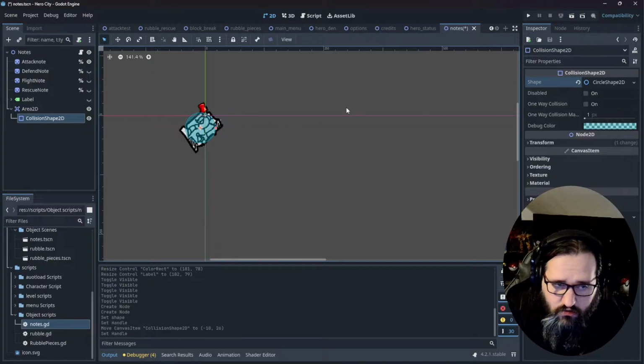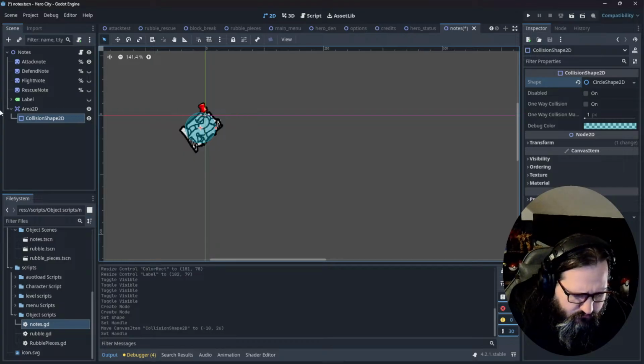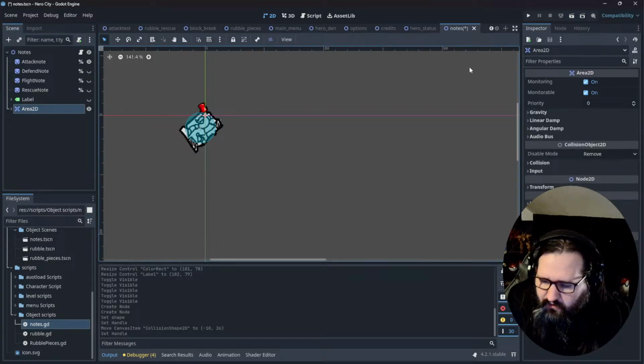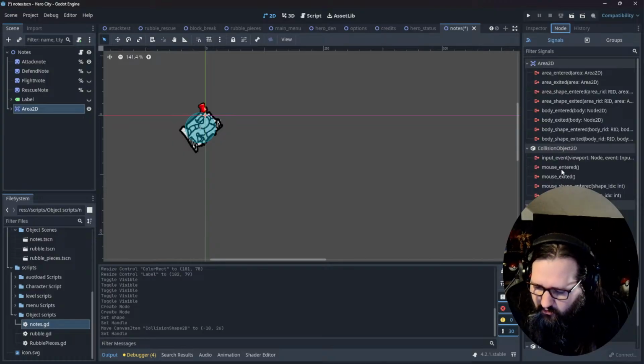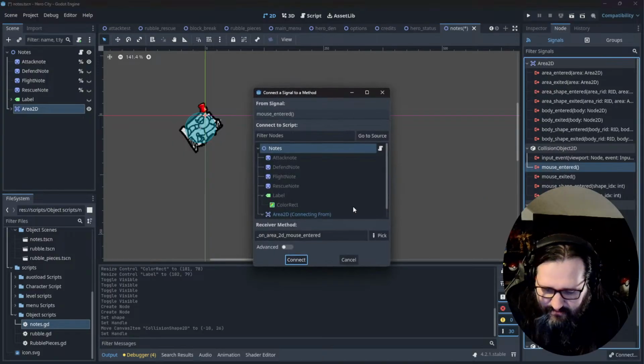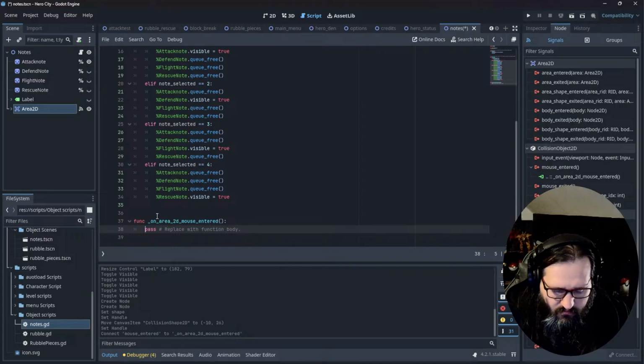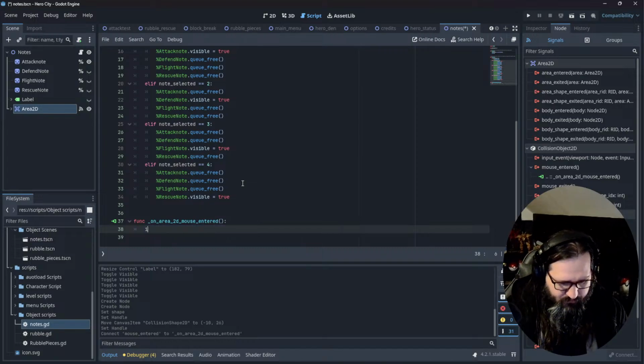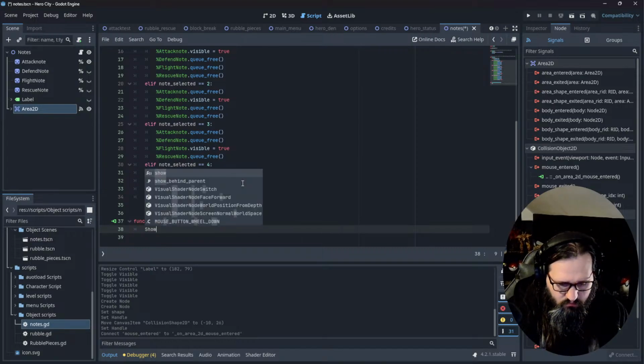Nice easy circle. And then we go on node, we go on mouse entered onto notes. And then we go on show